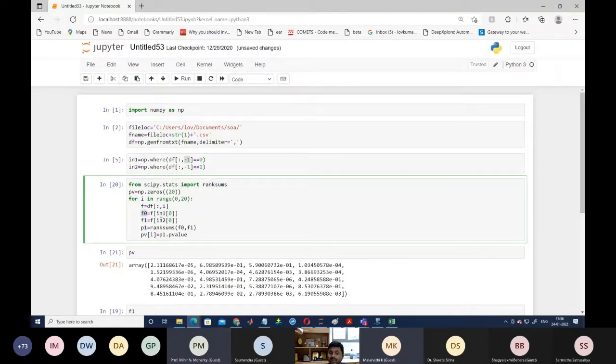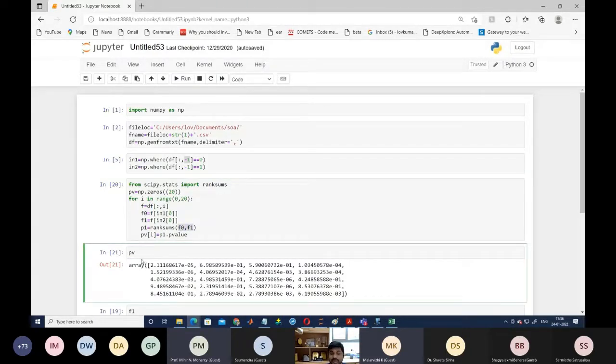We are finding the feature values. F0 means the feature value if the student is not getting the dream job, and F1 is the feature value if the student is getting the dream job. Feature means the CGPA, 10th marks or 12th marks. Then, using the rank sum test, we check whether there is a difference between these two values. If the p value is smaller than or equal to 0.05, we can say there is a significant difference between F0 and F1, and this is an important feature.